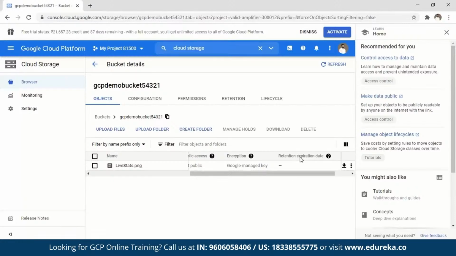In that lifecycle policy, I can say that, okay, for 3 months, let it be in standard storage. Post that, either move it to coldline or nearline, or directly move it to archival, because I might not be accessing that file for that longer duration any further. In case I feel that I'm just not going to access that again, I can just set an expiry date and it would be deleted and garbage collected by GCP. So that is what your lifecycle policies let you do. The other things that you can do, you can delete your content here, download it, upload your files and do other things as well. So this is what your bucket or your Google Cloud Storage lets you do.